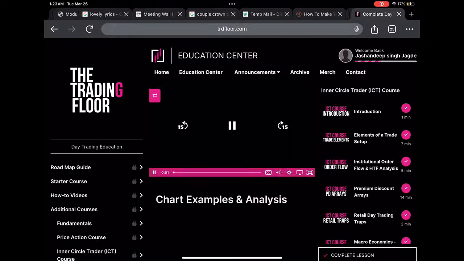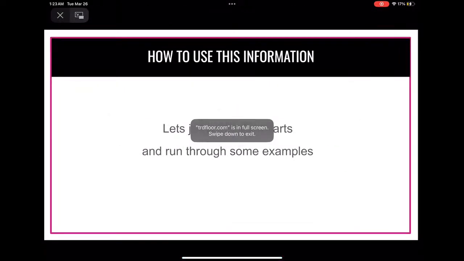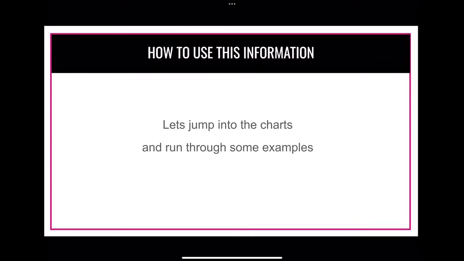Okay, so now that you have a general understanding of a majority of ICT's concepts, what I want to do is jump into the charts and show you specific examples of these and how price moves and how to get your bias from the higher time frame down to the lower time frame, then use the lower time frame for your entries. So I'm going to run through a bunch of examples of breaker blocks, of order blocks, fair value gaps, liquidity voids. I'm going to talk about the Judas swings, turtle soup, silver bullets, the hours that you should be trading. So this section is going to be a little bit heavier, and I am going to cherry pick